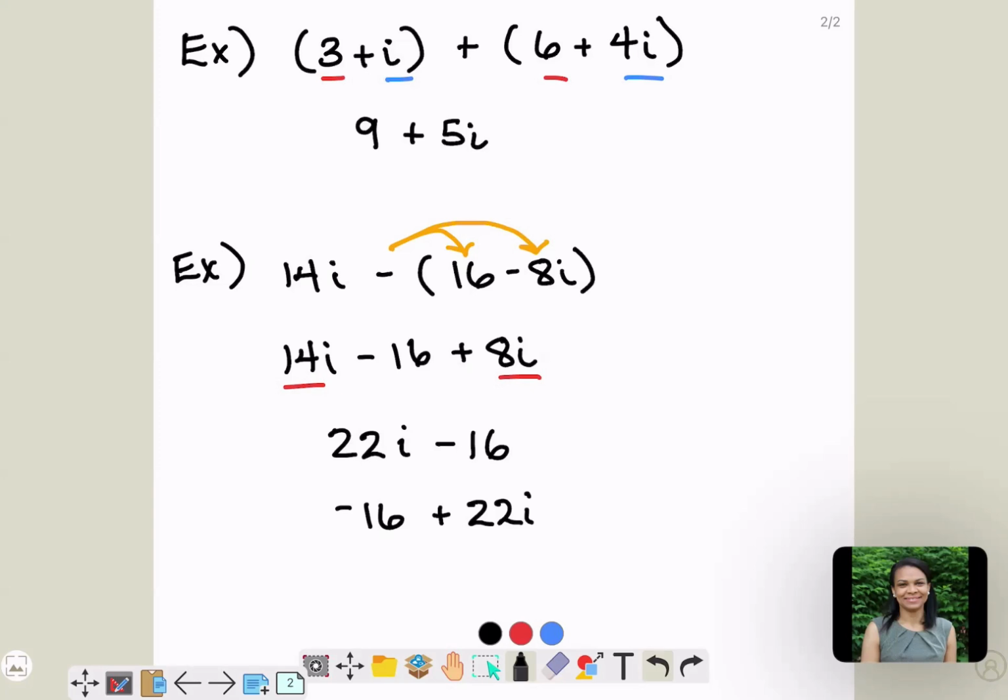Multiplication with complex numbers, again, very similar. Complex numbers have all the same operations that we've got with our real numbers. They're associative, commutative. The distributive property over multiplication works with complex numbers as well. So if you had something where you are multiplying two complex numbers,